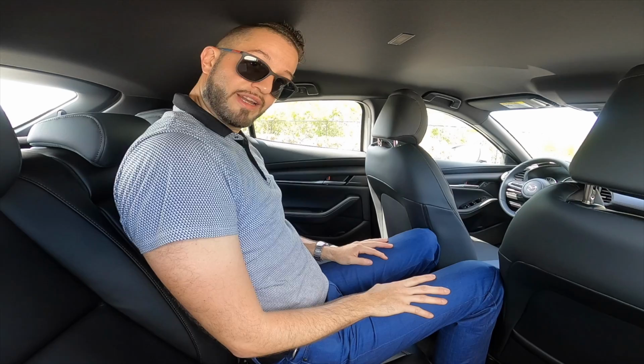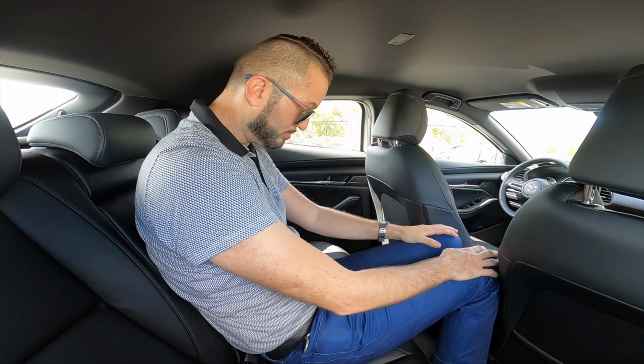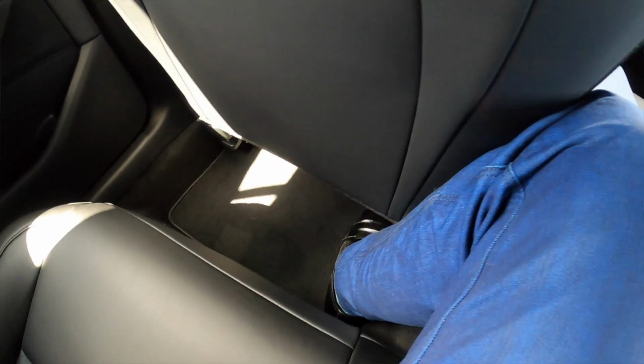Let's see how I look in the center. Sitting into the center is going to be tough. Headroom is going to be very tough. Legroom, the same thing. I can move in and out, but I'm sharing leg space, butt space, shoulder space. It's not the widest vehicle at the end of the day. And even the roof,